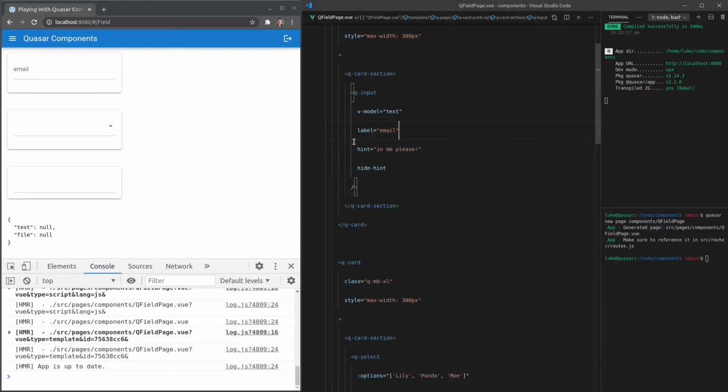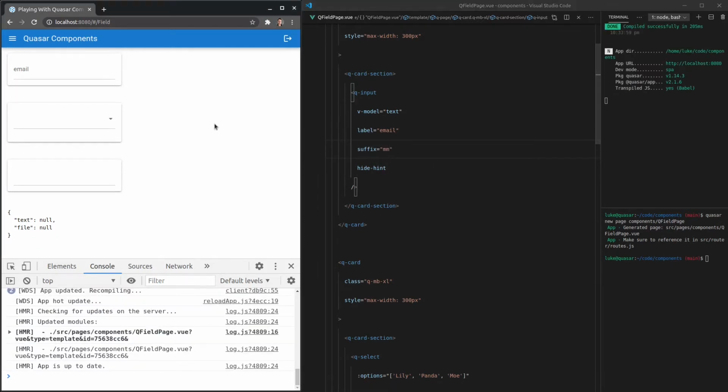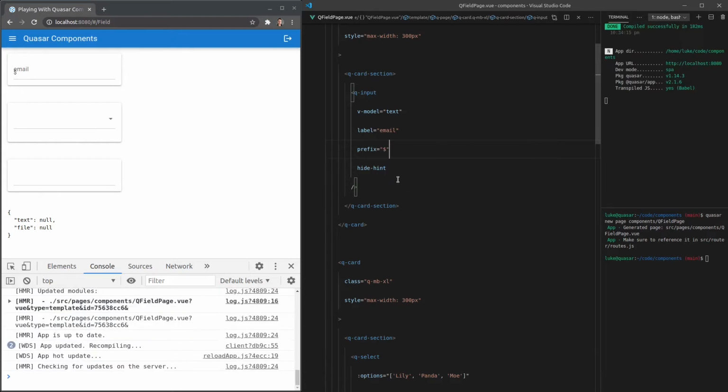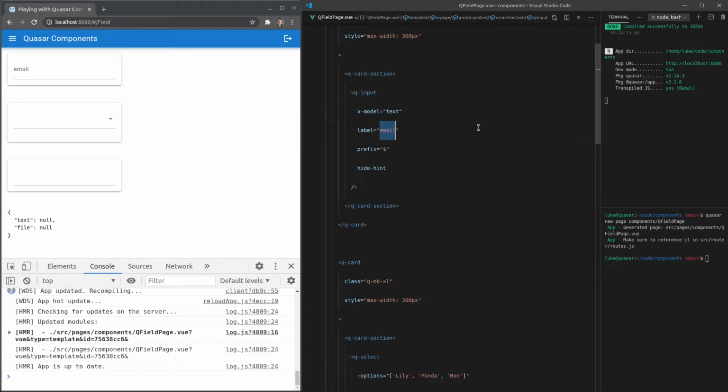Now, another way to help users put in some data is to add a suffix. So we can say suffix and set that to millimeters. And that means when I click on the field, we get this millimeter sign coming up on the right here. And if you've got suffix, of course, you've also got prefix as well. So let's set that to something like a $. And that's really good for something like monetary values. So let's say salary. And then when they click on there, the $ sign comes up